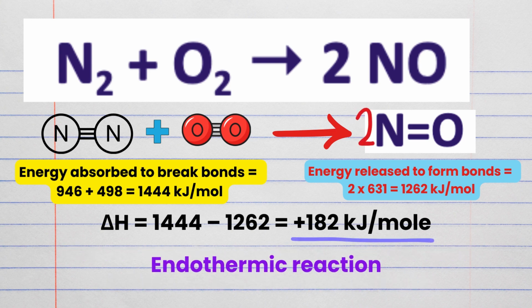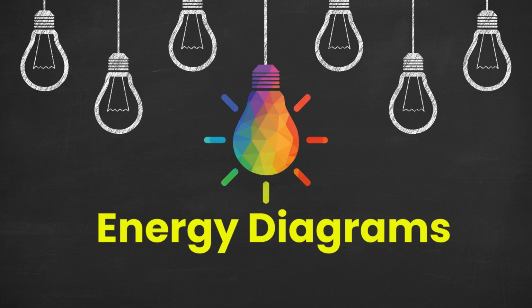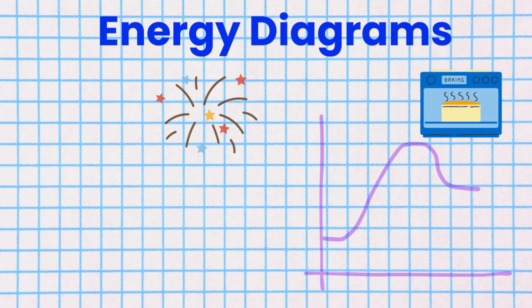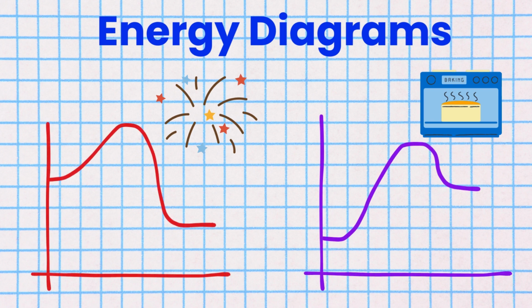Also in an endothermic reaction, the delta H is positive since the enthalpy of the system increases since energy is absorbed from the surroundings by the system. Next is energy diagrams. Energy diagrams or potential energy diagrams illustrate the energy changes that occur during a chemical reaction